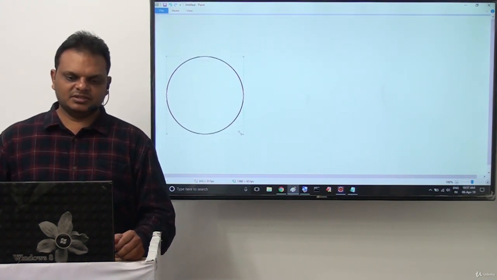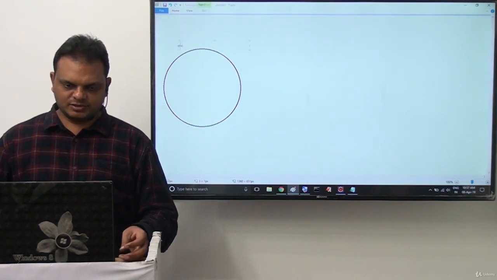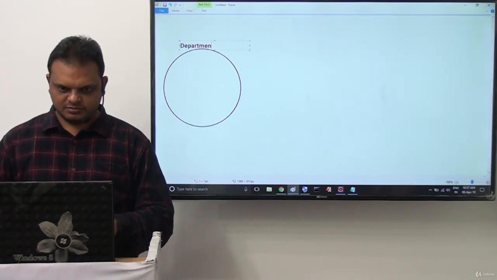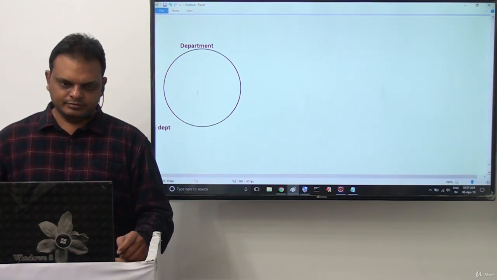Let us check this. This is the department object, with the reference variable DEPT.